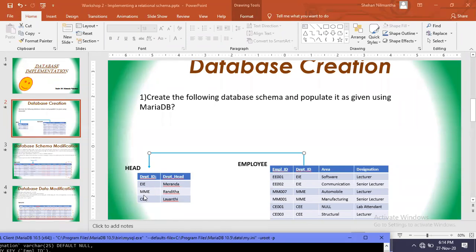So we have to define what will happen if someone deletes or updates these referenced attributes. This employee relation is going to refer to this head relation. If someone updates this MME as IS, then MME cannot exist here.